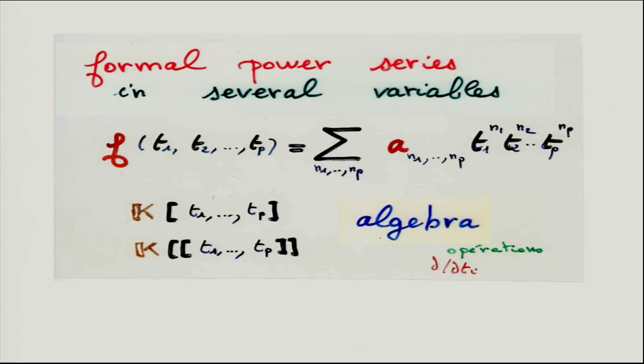I don't know if we will use them a lot in this class, but there are formal power series with many variables. But there is also the partial derivative. I will not use too much of this. Always in this class it will be formal power series with one variable and coefficients in a ring of polynomials with extra variables, which are the parameters.